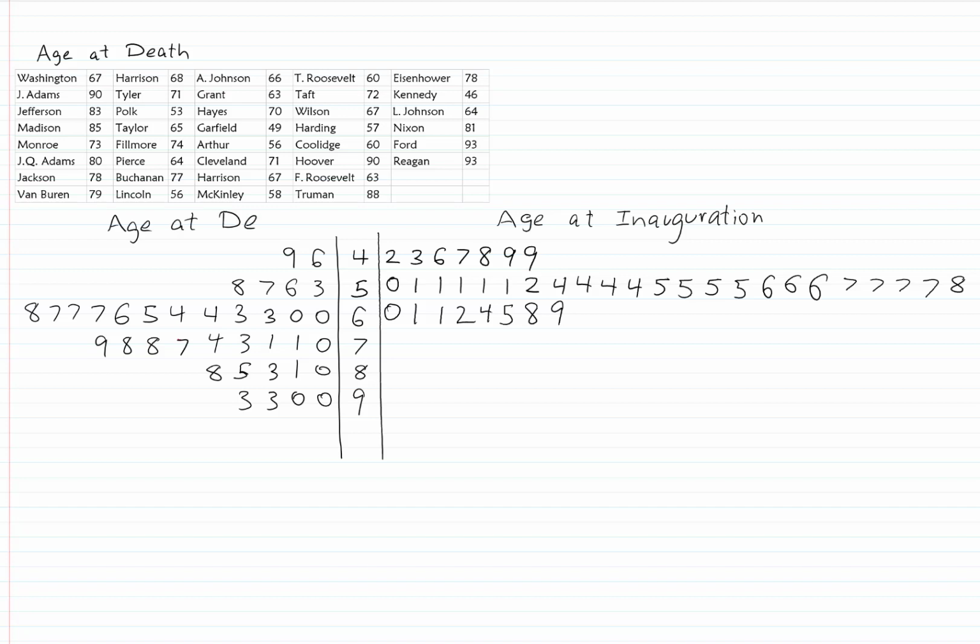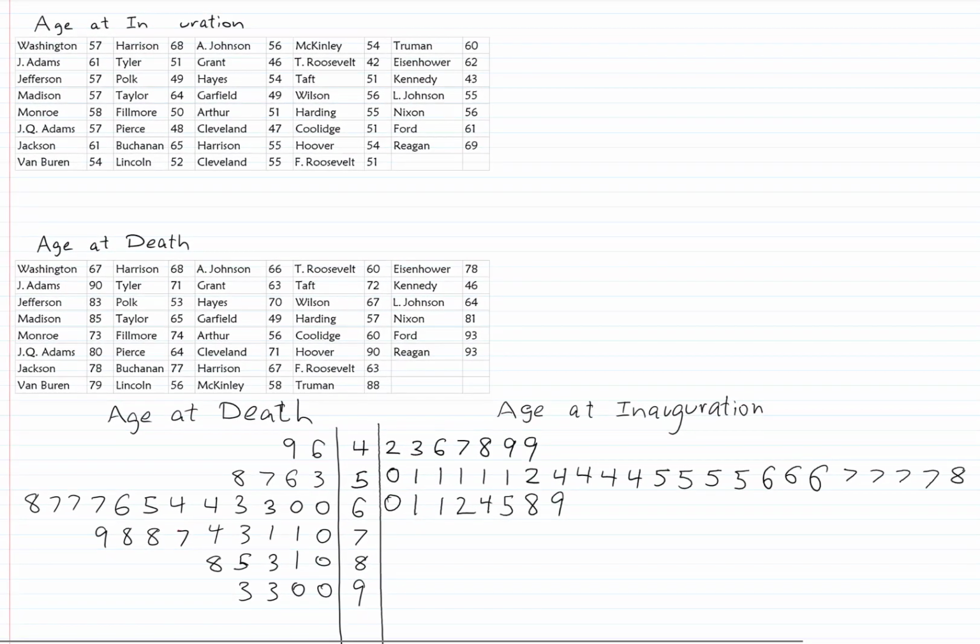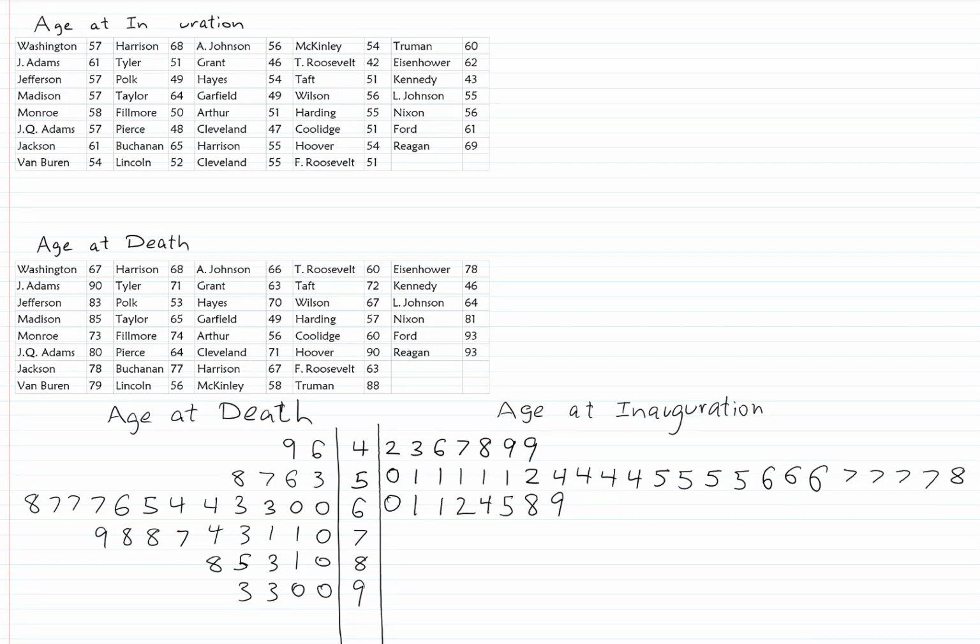So you see that I'm able to combine two different tables in basically one stem plot. It's really two stem plots, but I'm able to reuse the stems. So it's easy to compare, not just to describe each table. Like I can instantly see by looking at the stem plot that the ages at inauguration, I can see something very important that you technically could see in the table, but not very easily. And that is